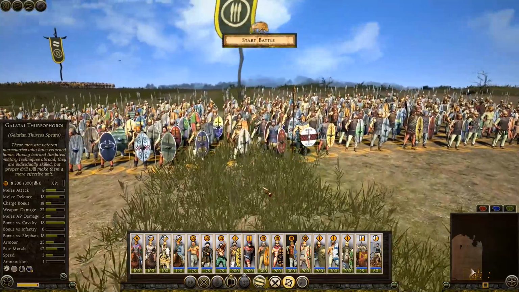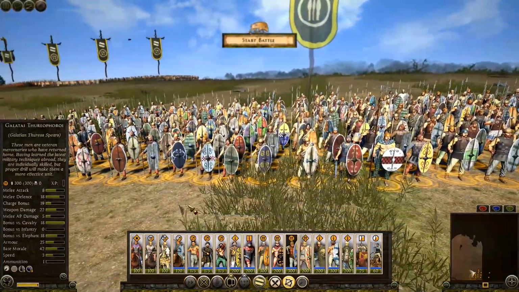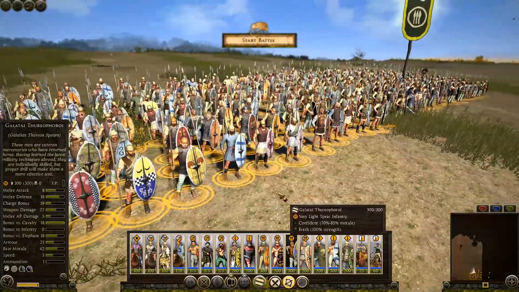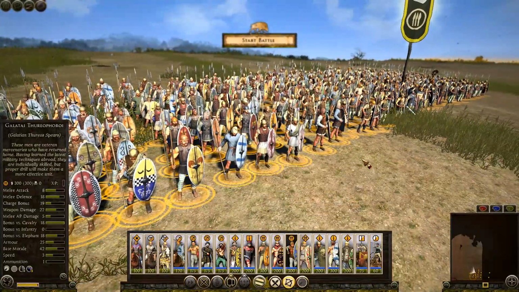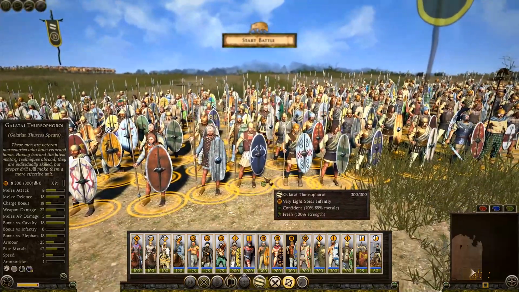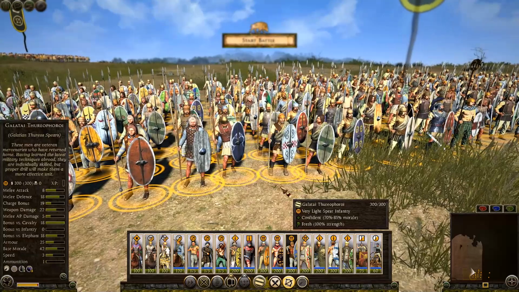Then after the Thurios reforms, you get a Galatian Thurio Spear. Only the one, you don't even get a Thorax Spear unit. However, this is still really all you need, that and the naked unit. Stats all around are pretty solid, very expected of a typical Thurios unit with an armor of 25, so that's